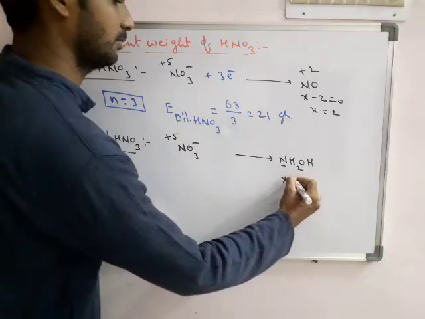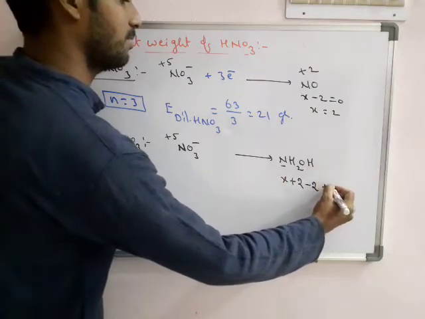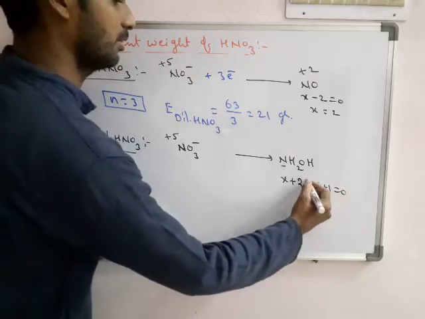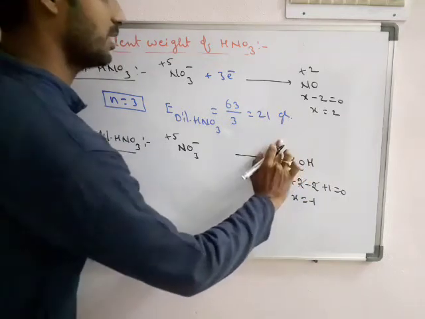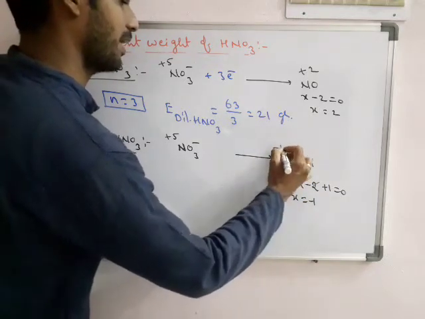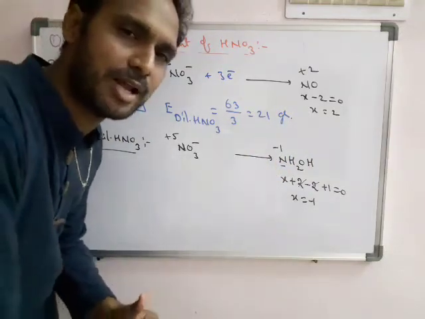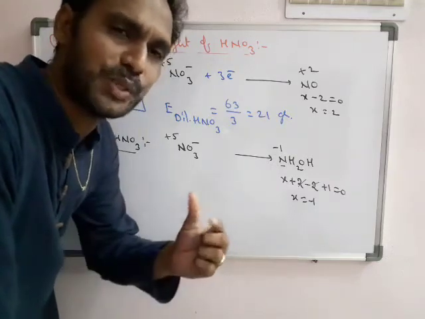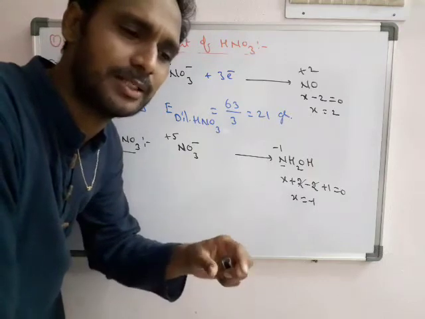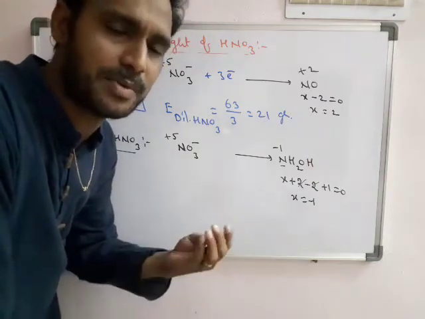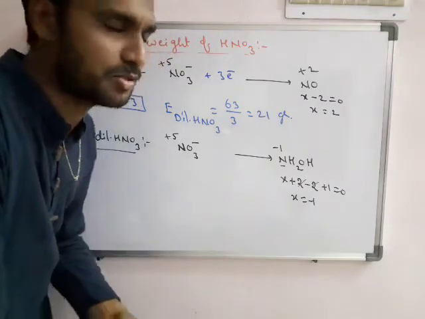X. So plus 2, so minus 2, hydrogen again plus 1, overall 0. It cancels, x plus 1 equals 0, x equals minus 1. So the nitrogen oxidation state here is minus 1. The special character of nitrogen is also this one: it shows different oxidation numbers, negatives, fractions, and up to plus 5. There is a possibility of different negative numbers, positive numbers, and some fractions also.